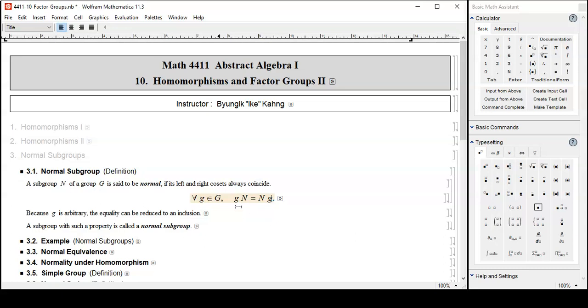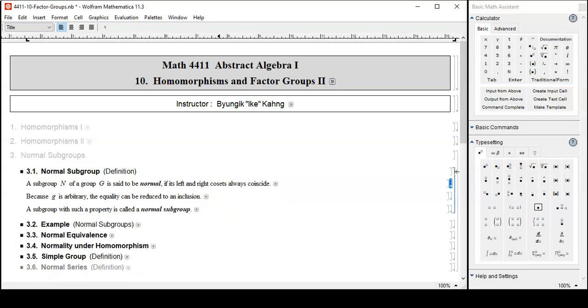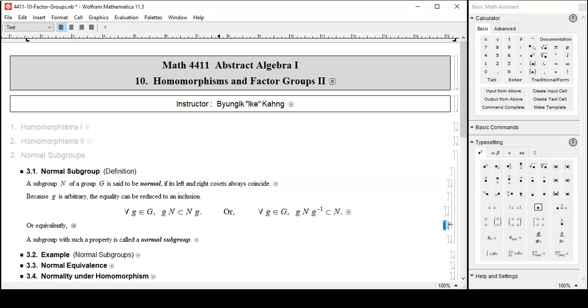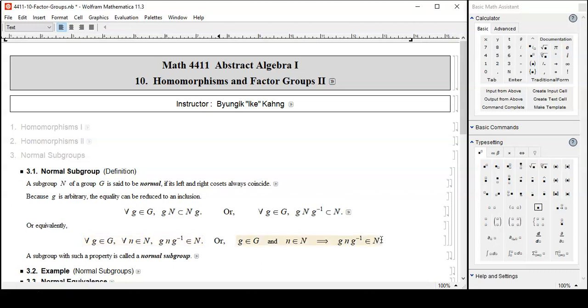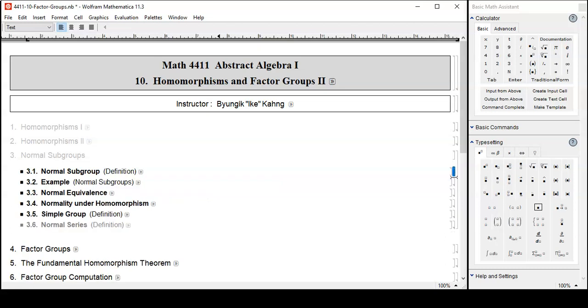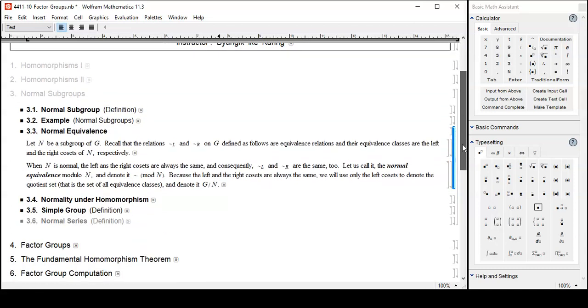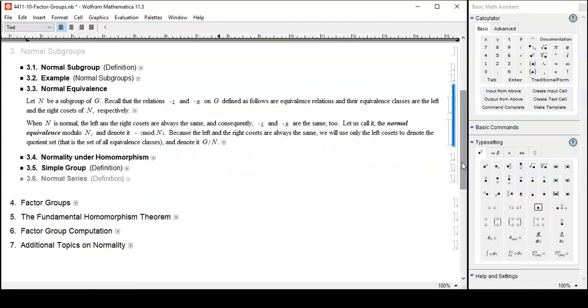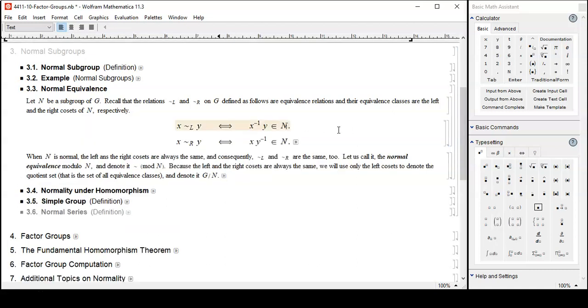Anyway, if the left coset and right coset are the same, then we call such a subgroup a normal subgroup. And we have various properties associated to those, and we have more practical criteria which revolve around the conjugation. And the way the normal concept is connected to what we are going to do in lesson 10 is through the normal equivalence. Please recall that the left coset relation and right coset relation are both equivalence relations,